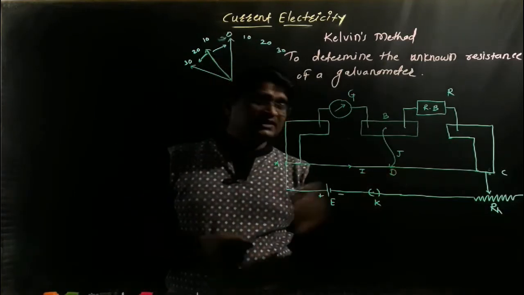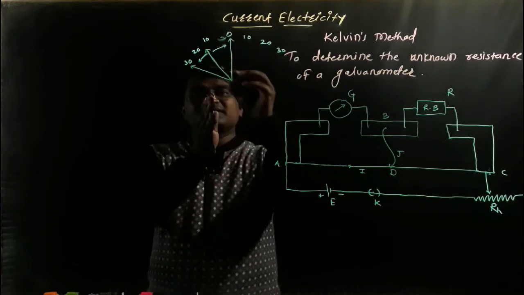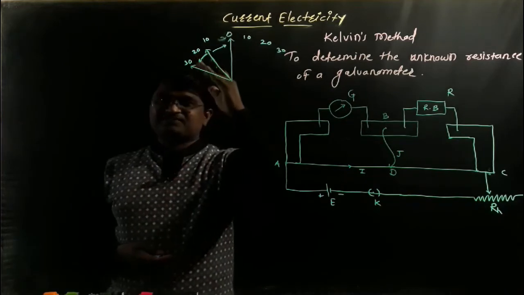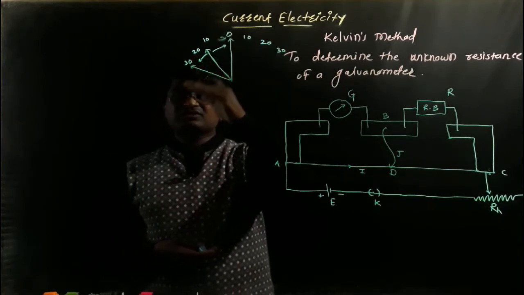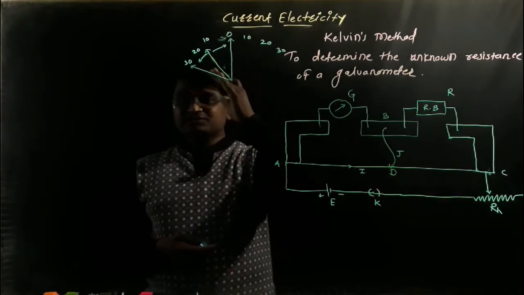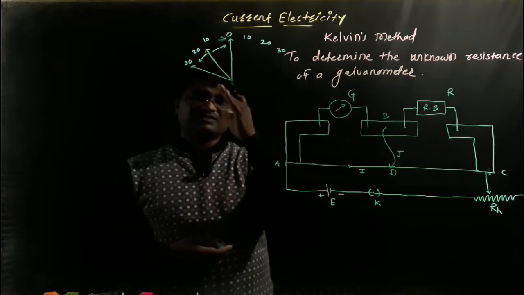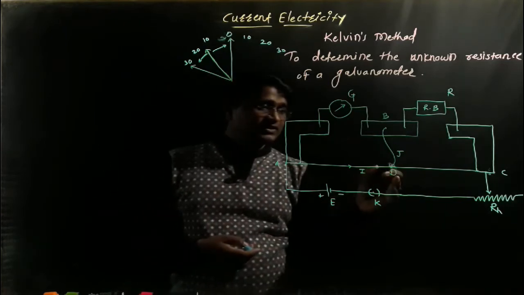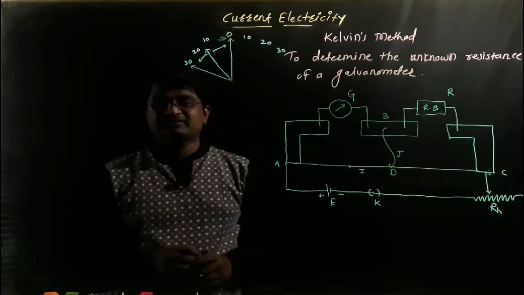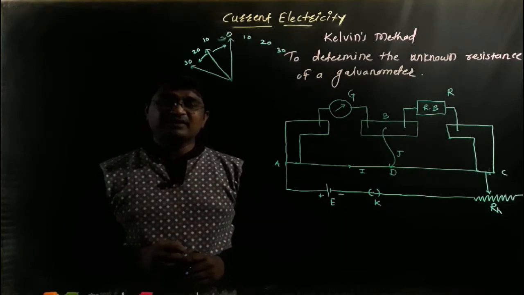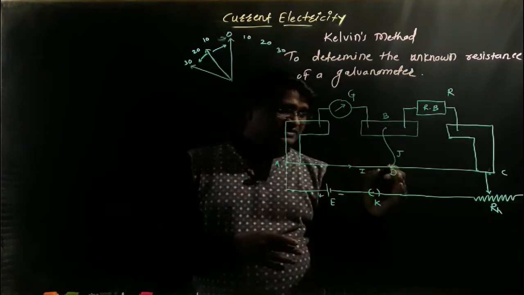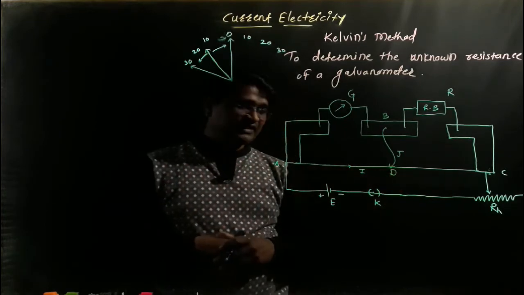When the jockey touches point D, the galvanometer cannot show deflection here and there. It cannot be deflected; it comes to rest. At the previous position, where we adjusted the rheostat for near about 2/3 deflection, the deflection now remains as it is. It does not move when the jockey touches point D. So this point is the equal deflection point, and this method is called the equal deflection method.